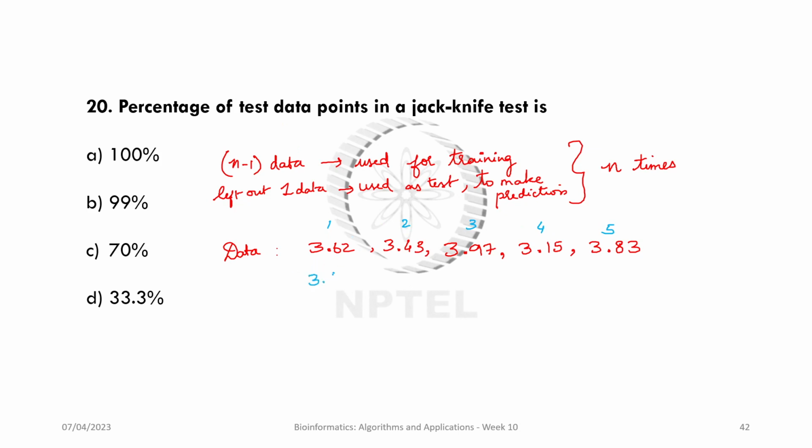So you can have 3.62, 3.97, 3.15, 3.83 as the training set for the first time, using four data points, and using the last one for making prediction, the test data set, right? Similarly, for the second case, if I were to use,